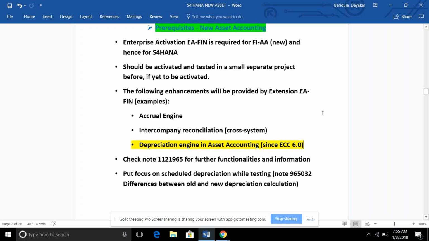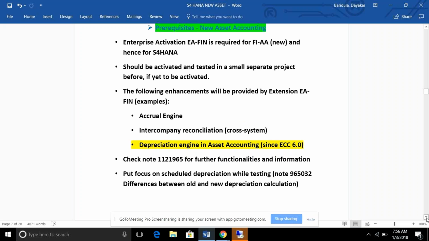But when we go to the new asset accounting and S4HANA, these prerequisites we need to check. EFN should be active. With EFN, accrual engine in intercompany and depreciation engine in asset accounting will be enabled. But these two are not mandatory, but the depreciation engine in asset accounting is mandatory.